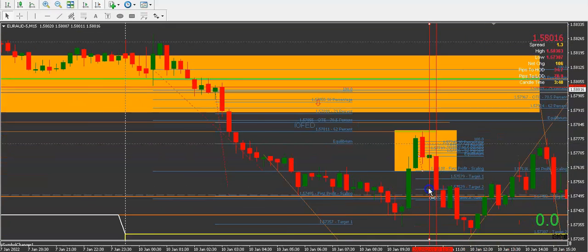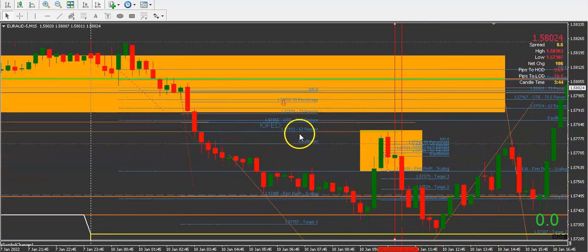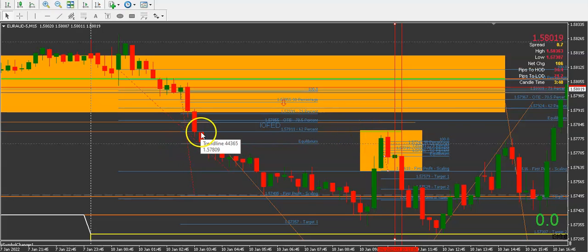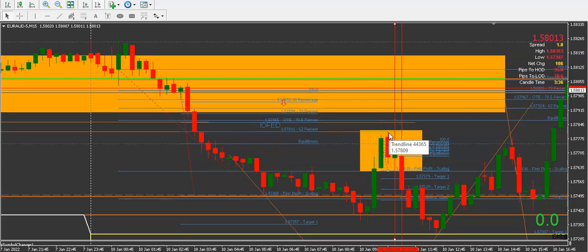So let's see now. Okay, so this was the institutional order flow entry right here, and so now I could have entered right there, yes, but I like to look for confirmations lately,